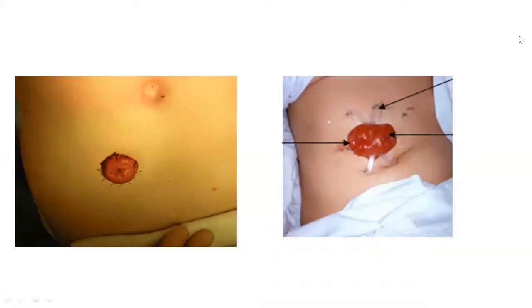In this slide, you may see examples of stomas. In the first picture, you may see the ileostomy, single barrel stoma, single barrel ileostomy. The second photo shows a loop transverse colostomy, or double barrel transverse colostomy, including the temporary bridges